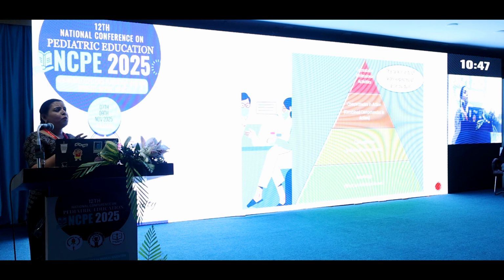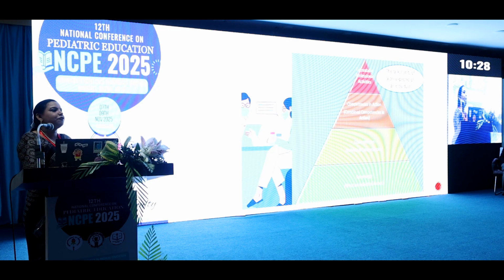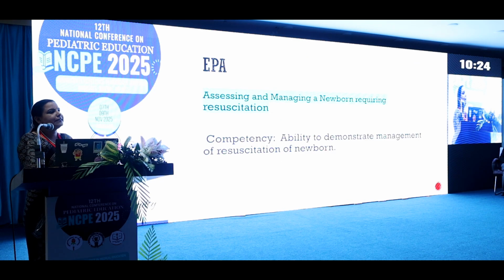So both the competency and EPAs are aligned. If we go from the base to the top of this pyramid, one resident should have knowledge, then he should have ability. These multiple abilities, when they are combined in action, create entrustable professional activities. Like in the previous slide, if you think about assessing and managing a newborn requiring resuscitation, what competencies